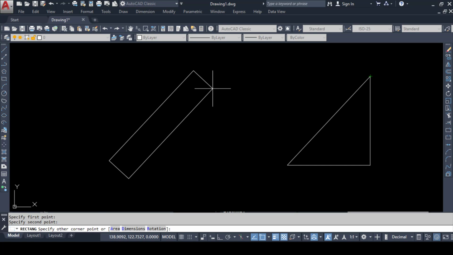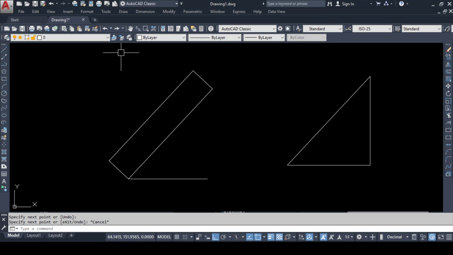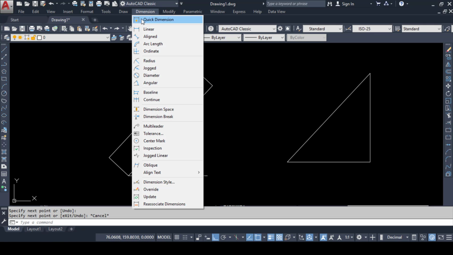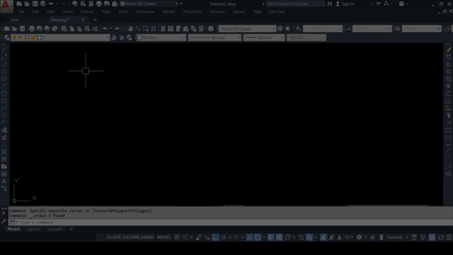Now as I pressed 2 points, you can see that the rectangle has been rotated with that particular reference in this case. Now after making the rectangle, if I check the angles of the two, it will be the same. Let us check the rectangle angles. If I go to the angular dimensions, in this case it is 45 degrees. By pressing the space bar, again I am repeating the command, so it is again 45 degrees. So these types of rotation in rectangles are called the reference rotation of rectangles.